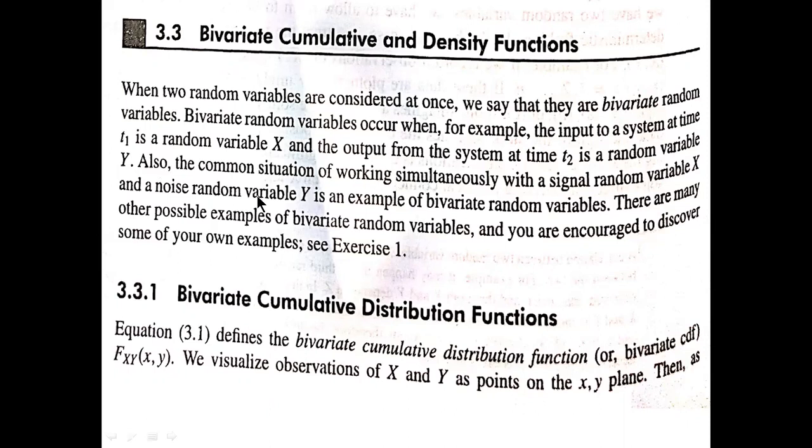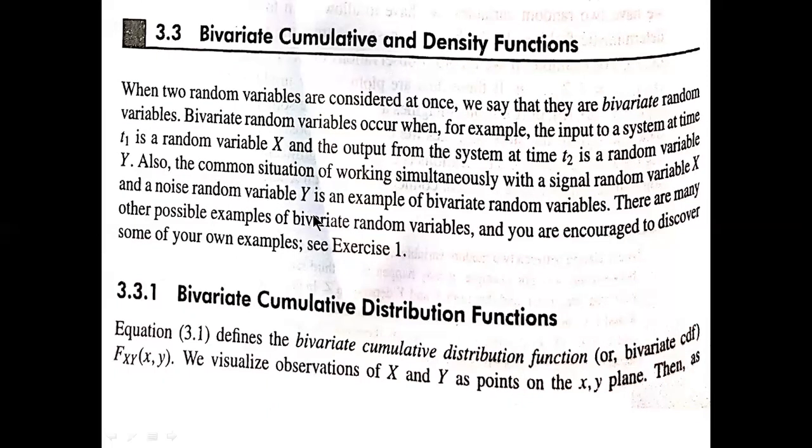Similarly, you can have an input and a noise as two different random variables. If the input increases, will the noise increase or decrease, or will it remain the same? That is the question we generally consider. That means, will the signal to noise ratio at the input go on varying depending upon the signal being applied at the input, or will it remain the same? That is what we might need to consider.